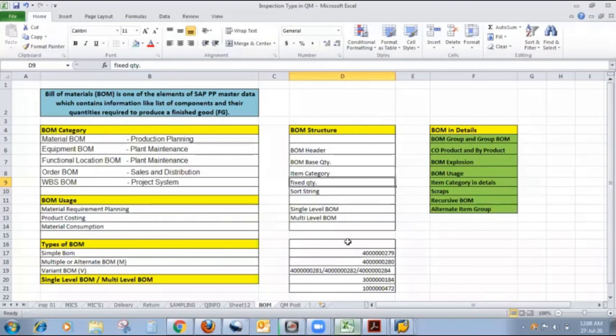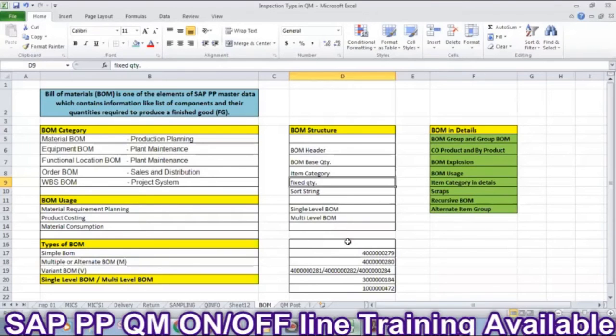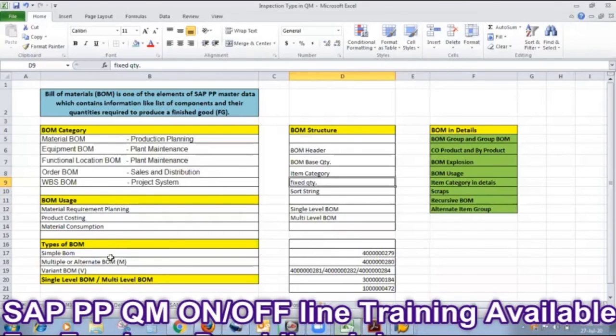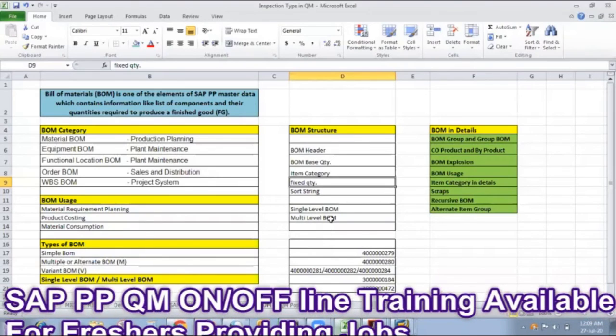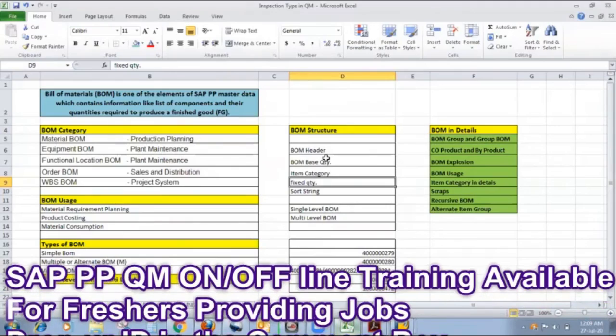So friends, actually bill of material is also a big concept, and in this short video it is not possible to explain all these things. But in this video I cleared what is BOM category, usage, types of BOM, single level BOM, multi-level BOM, BOM header, and BOM item category.